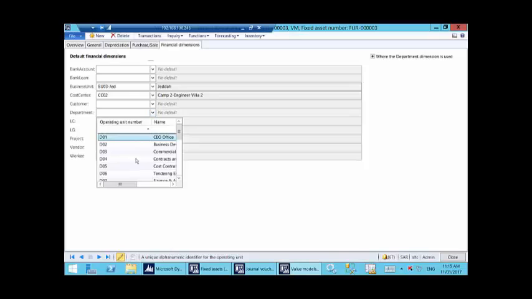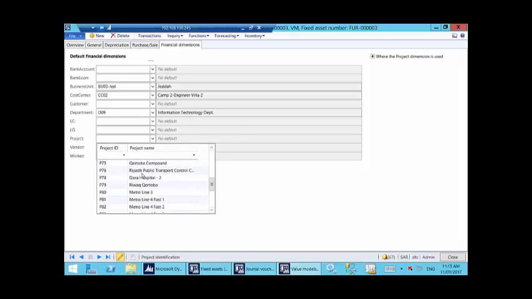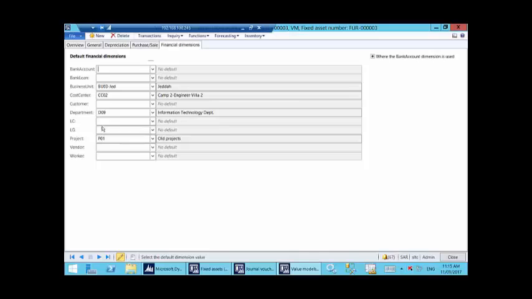Okay, which department? This is our department. For example, information technology. For which project, we can select ERP project, for example, if we have. The ERP project is not registered yet. Okay. The system will restrict you. We have entered here the main dimension for the asset, so that every time the system runs depreciation, it will take